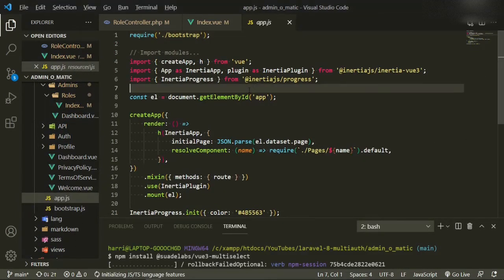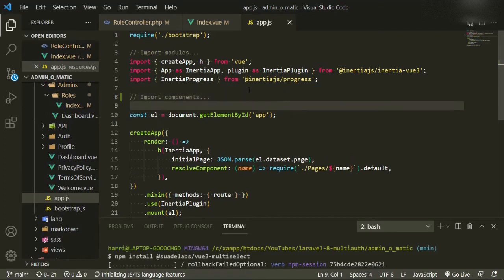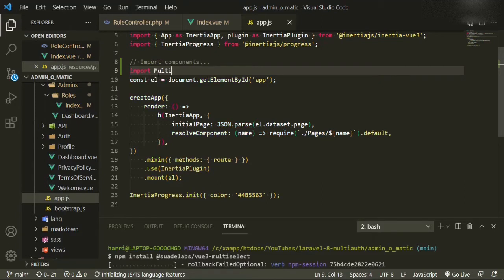So right up here under the modules, I'm going to make another notation, and I'm just going to say import components. How we're going to do this is, if you take a look at the create app, the whole method is just slightly different than what it used to be in Vue 2. And I know for a lot of people it was pretty tricky, but here we can just do it the same way. So import multi-select